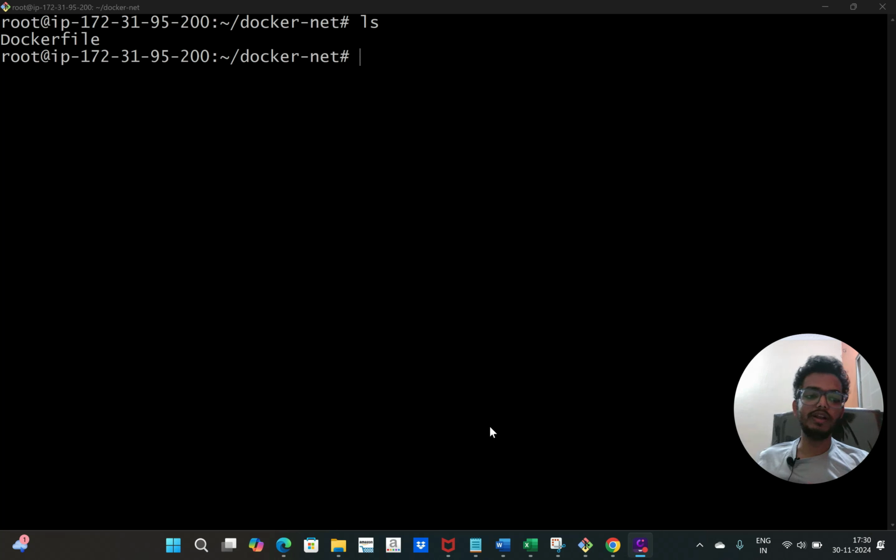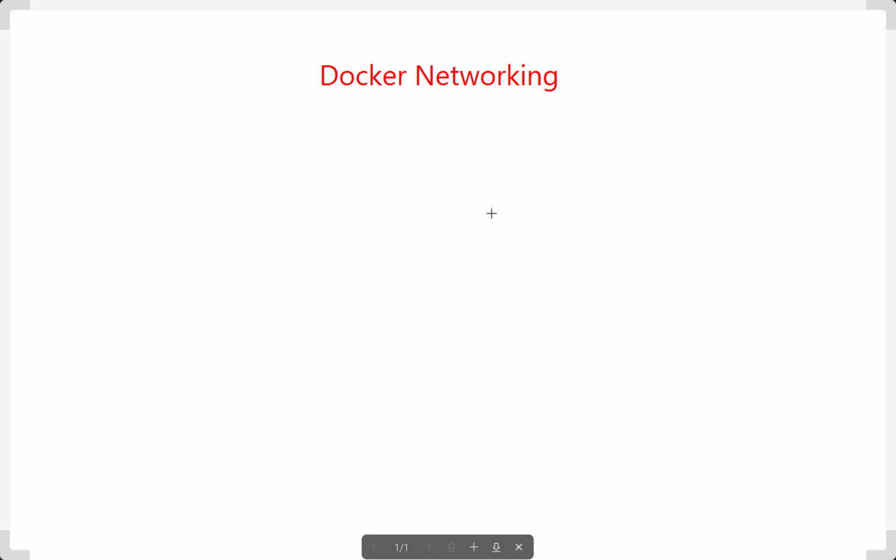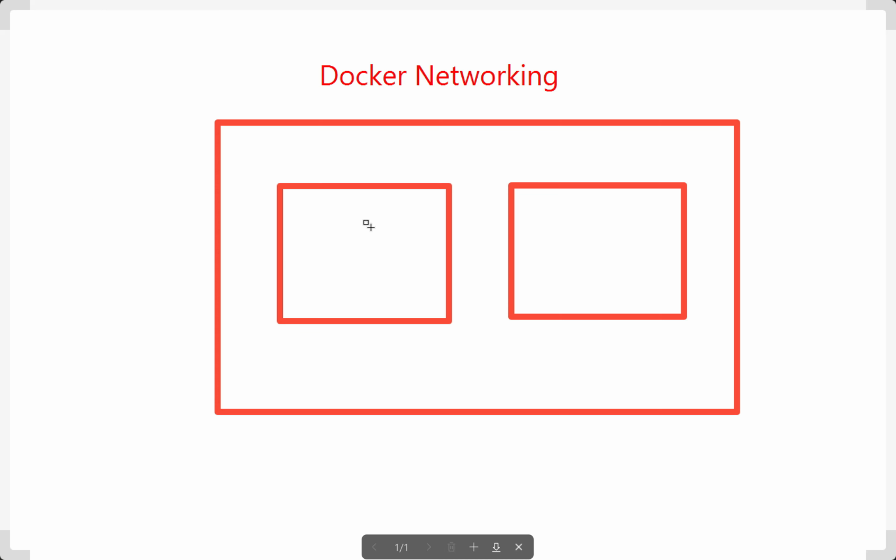Come on guys, today we are going to learn a very interesting topic, that is Docker networking. So why do we need Docker networks? Consider you have created two containers in a host. One is used to host your application and another one is used to host your DB. Or you can call them front-end and back-end containers. So obviously the application should talk to the DB, right? For that we need a Docker network here.